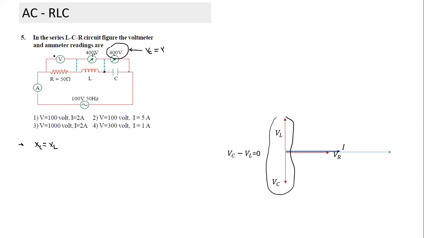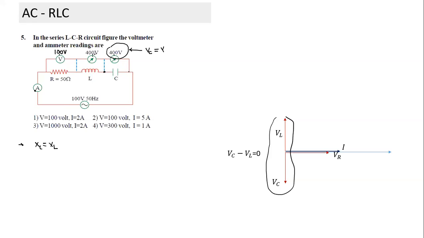So what will the reading here be? It will be 100, same as applied voltage. Very good. Because in that case, these two will cancel out, and VR becomes equal to applied voltage. So this reading will be 100 volts. Will it be 100 or 100 by root 2? This is the RMS value, equal to the RMS value of source. The 100 volts given is the RMS value, so this reading will also be 100.